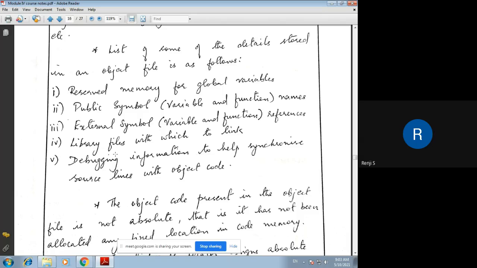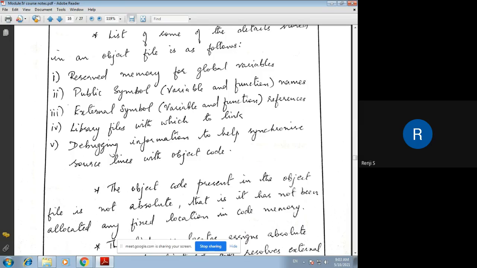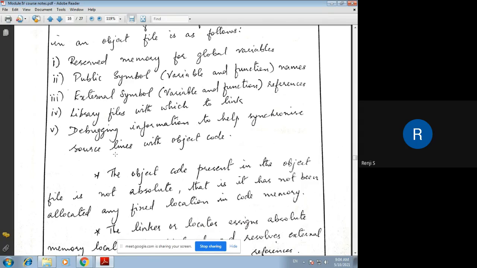We have to import it into a module, and those modules from which we are importing are called external variables or functions, and these external symbol references will also be stored in the OBJ file. Then, since there are multiple object files, and each object file may reference library files, the library files which are to be linked to the object file for the corresponding module will also be listed in this OBJ file. Then finally you have the debugging information